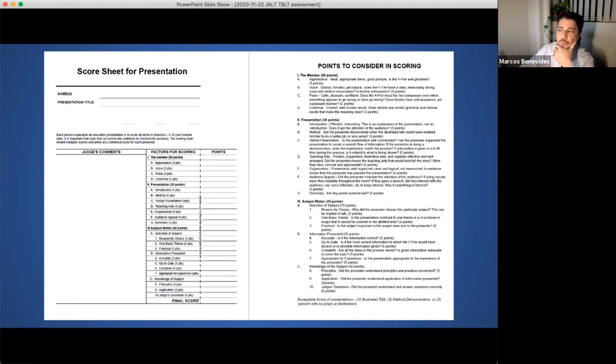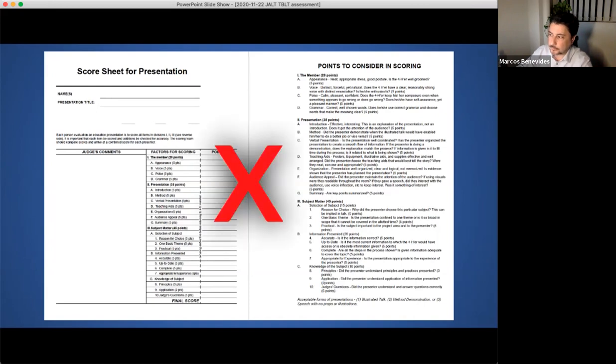So these are some scoring sheets that I found online. I'm sorry that I don't have the source here, and I can't credit who they're from. But these are judging sheets that are used for things like speech contests and presentations. And I would argue that these are too unwieldy in the classroom.